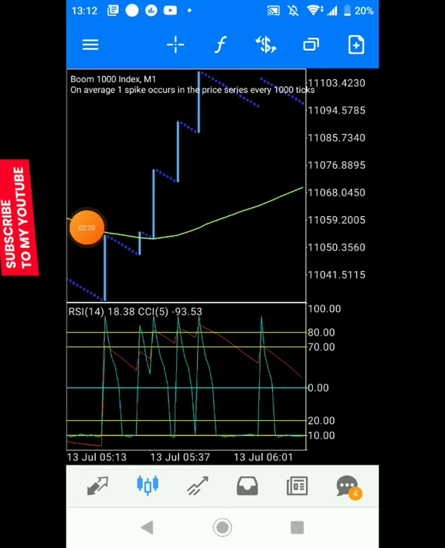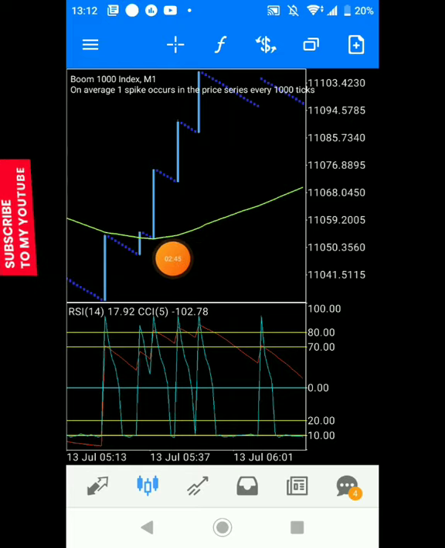Either you stay out of the market, because number one, you've seen from a higher time frame that it is a downtrend, and you don't want to get into scenarios where you place a buy and it goes selling, and you place a sell, it goes buying. So you need to make sure you are standing on solid ground. I don't advise you to do anything yet until you're sure.